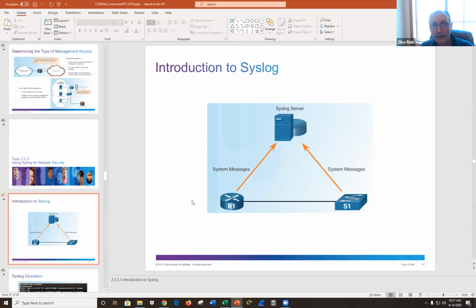Logging into a file, not logging into the console, on a monitor. That's fine for your own purposes, but no one's going to go and look at what showed up on your monitor 6 months later, or even an hour later. So you want to log into a file, and you want to keep those files for a very, very long time, because it may be 6 months before you realize something fishy is going on, and I need to go back from a year ago and see what's been going on.